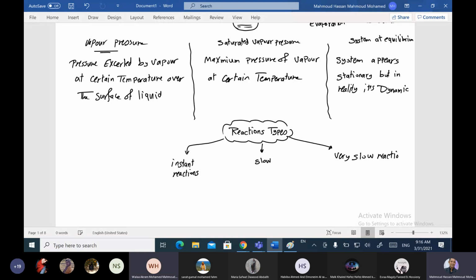هو مش دي كده بنتكلم عن reaction speed؟ The reaction type according to the rate of the chemical reaction or